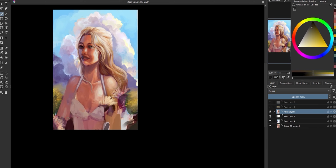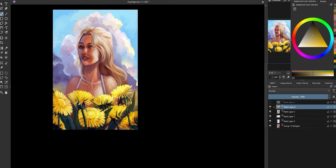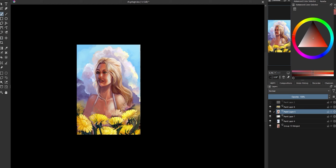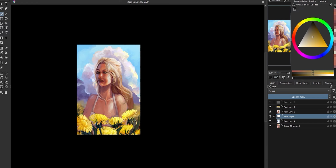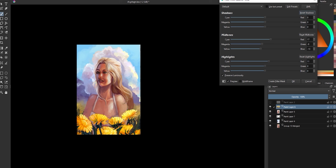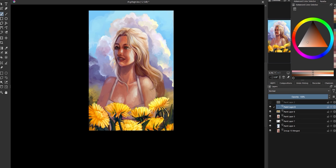And then I figured, hey, what if we make a super simple change and just take the flowers down a little bit? Dude, almost immediately, the composition started to make way more sense. Because now it looks like the flowers are closer up in the foreground while the character is pushed back into the midground. It's the quickest little shift, but do you see how it instantly added a ton of depth to